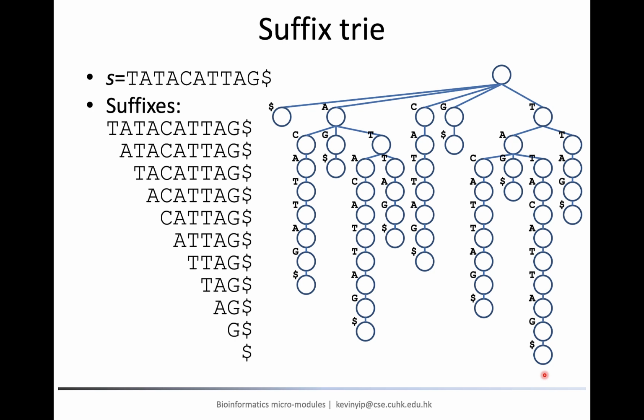When we insert it to the suffix trie, since there is already a T node, which is a child of the root, and an A node, which is a child node of it, we do not need to create these two nodes anymore, but just reuse them, followed by the remaining nodes that we need to create.